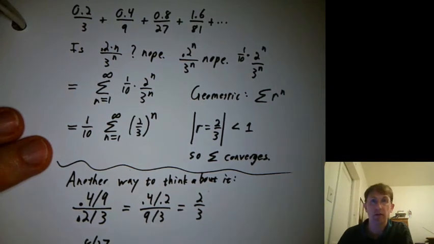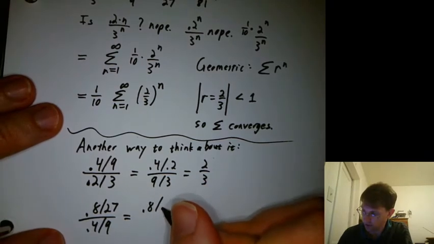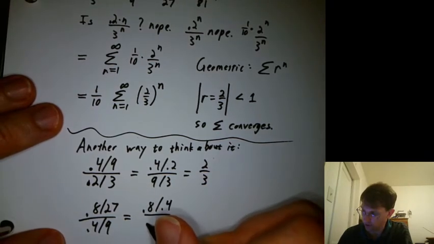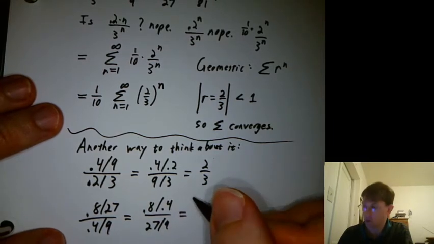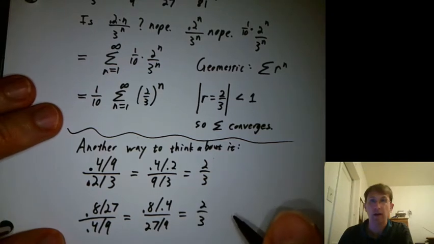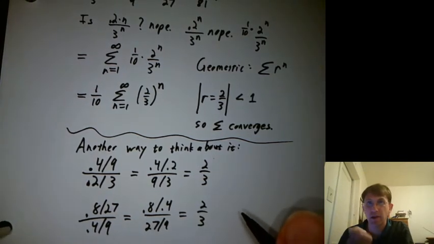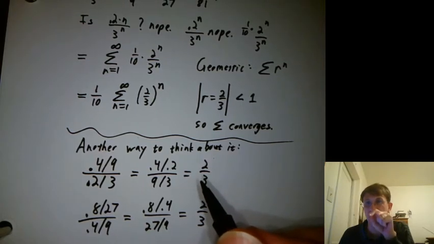So go ahead and do some arithmetic on that. You can still say 0.8 divided by 0.4 over 27 over 9. 0.8 over 0.4 is 2. And 27 over 9 is 3. Amazing. So one way to think about a geometric series is that if you take the ratio of successive terms,